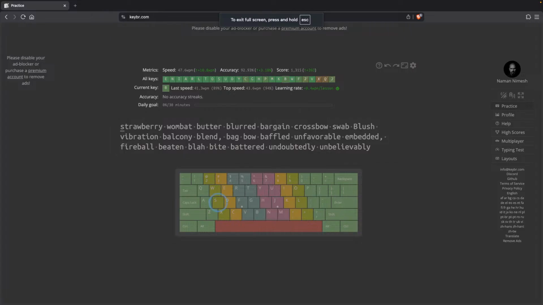Okay, next. Strawberry, wombat, butter, blur,